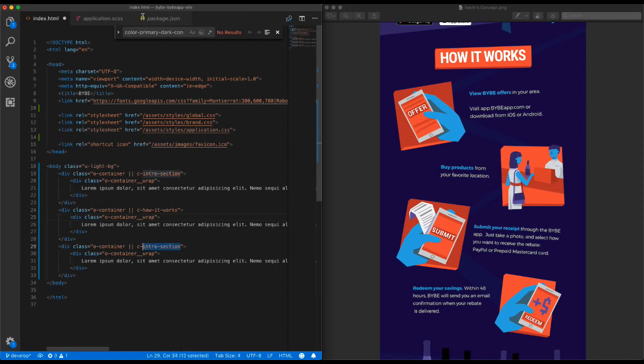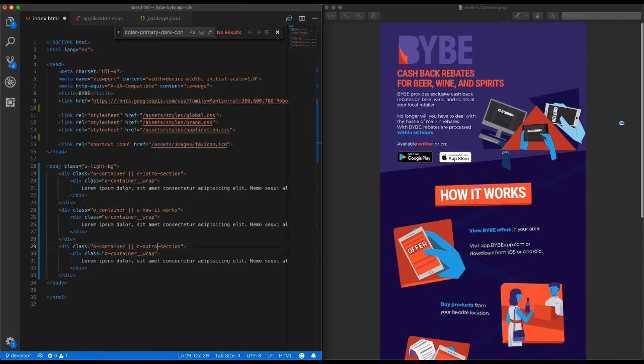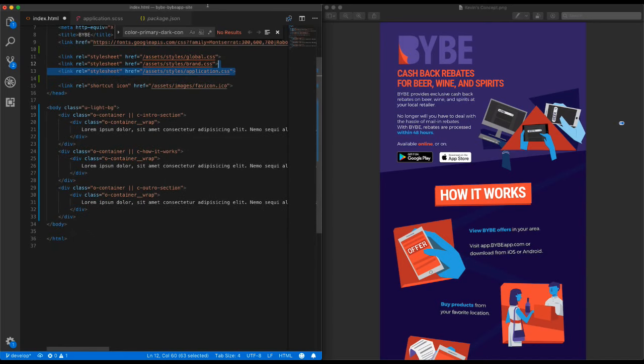And then I'm going to call this, instead of calling it footer, outro section, because end of day, this is going to live in another website. So we will have the global and application from vibe.com, which will have shared navigation from this page to another page. But for right now, this is just me kind of thinking ahead instead of calling it C footer and C header here, because we don't have those. All right. Now that I have my main sections kind of built out here,